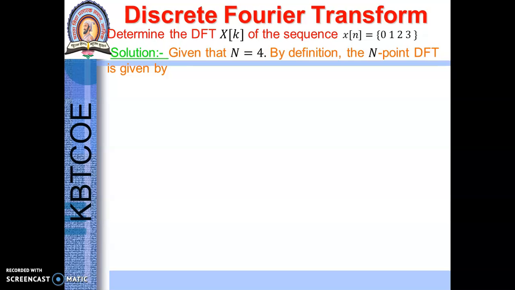By using the standard definition of the N-point DFT, one can write X of k is equal to summation over the range 0 to capital N minus 1 of x of small n e raised to minus j2 pi n k upon capital N, and this equation is true for 0 less than or equal to k less than or equal to capital N minus 1. We have gone through the details of this equation and we have solved the problem also.